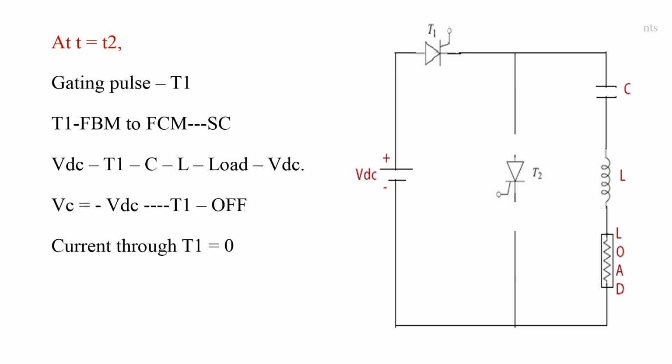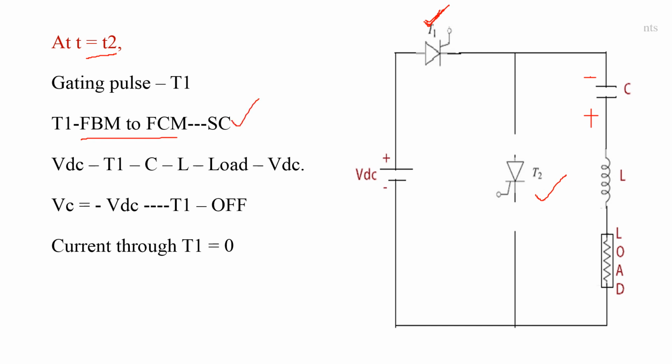In the previous case, after complete discharging of the capacitor, the capacitor changes its polarities, that is, the upper plate is negative and the lower plate is positive, and thyristor T2 comes into off state. In this case, at time t equal to T2, again we are going to apply the gating pulse to thyristor T1. By applying the gating pulse, thyristor T1 comes from forward blocking mode to forward conducting mode and